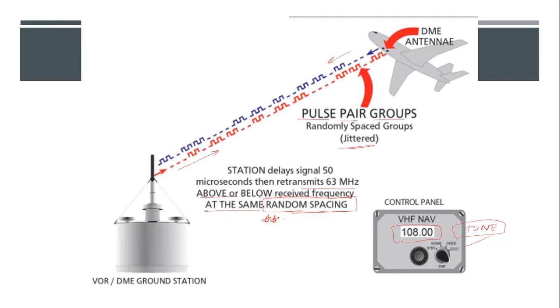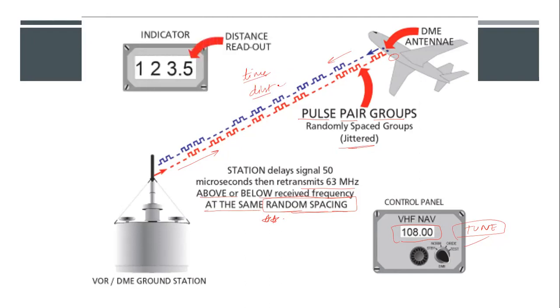Why do we need to identify different aircraft? Because every aircraft will have its own distance. You can't ask the other to follow you. And finally, by this method, the aircraft will again receive the frequency. When the aircraft receives that frequency from the ground station, it can quickly calculate the time. Once it has the time, it can calculate the distance. Once it calculates the distance, that distance is shown on your screen. And that is how it works.